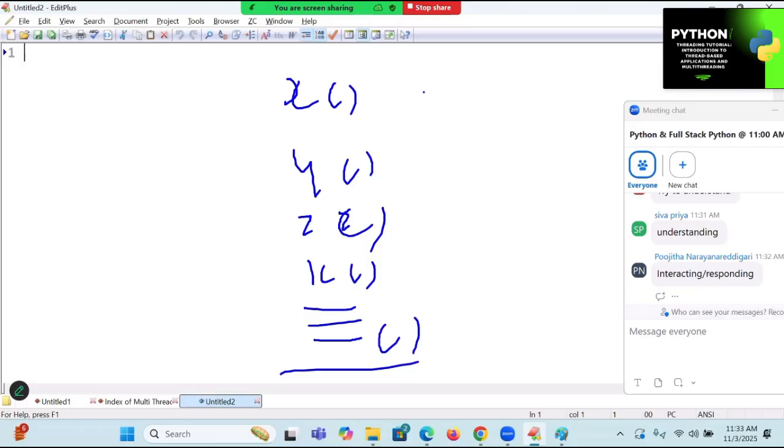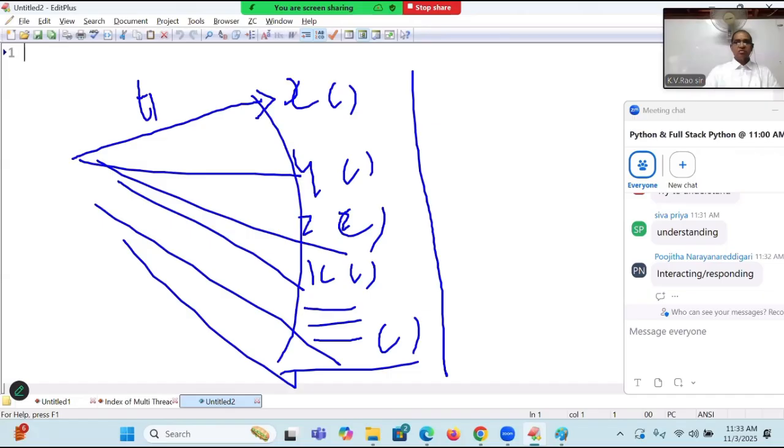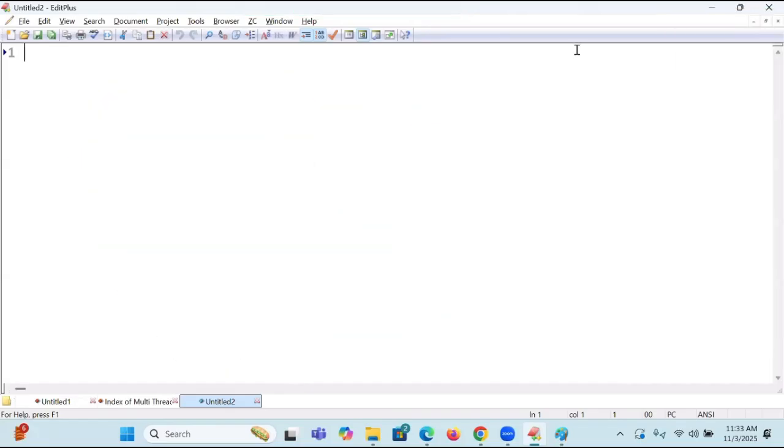All these functions are executed parallelly. To execute each function, today we are going to create what? T1, T2, T3, T4, T5. N number of threads I am creating. Each thread is meant for what purpose now? Net is a little bit slow. Online students, come on. Each thread is meant for performing an operation.